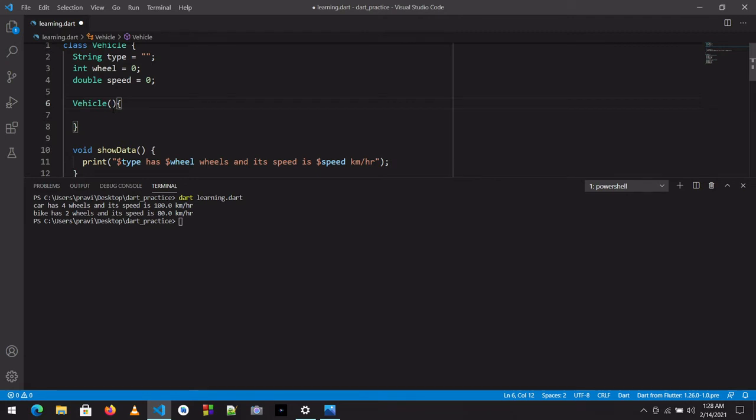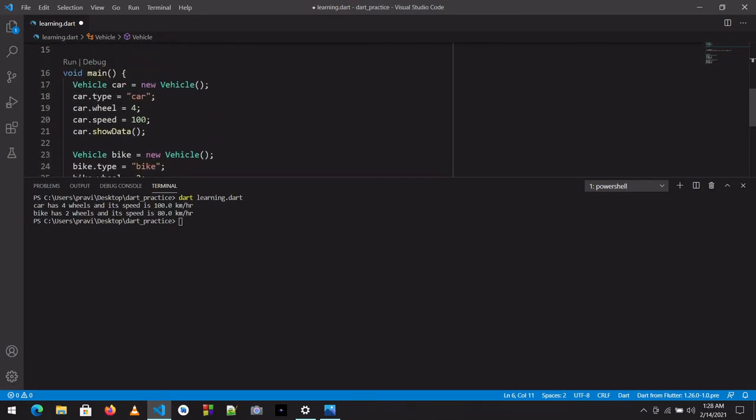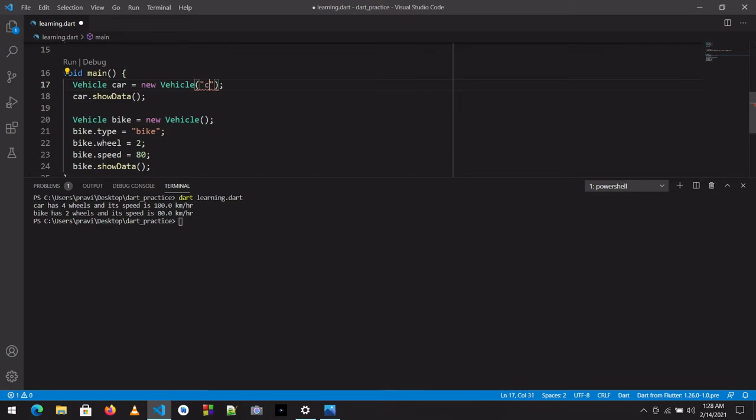So what we will do here is remove this whole set of attribute value changes, since we changed all the attributes. Now we will write the same values here. First car, second 4 wheels, and then speed 100.